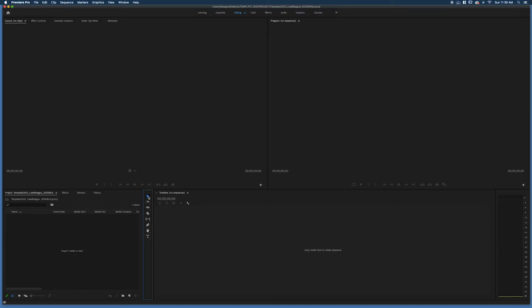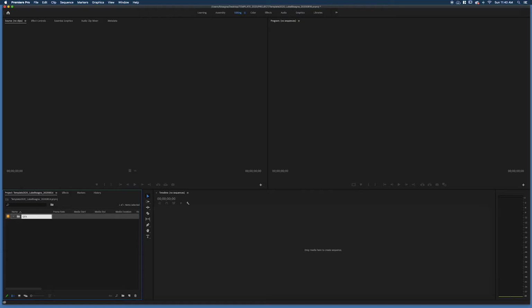So heading over to the project panel here, we're going to create our bin structure to house all of our creative assets in that organized fashion. And we're going to use our folder structure at the file level as inspiration to do this. We'll loosely mirror what we've done there. So to create a new bin, there are a couple different things you can do. You can use the new bin icon down here, and it looks like a folder, but it's actually a bin. Please refer to it that way. If you click that, it creates a new bin. And I'm going to name this new bin